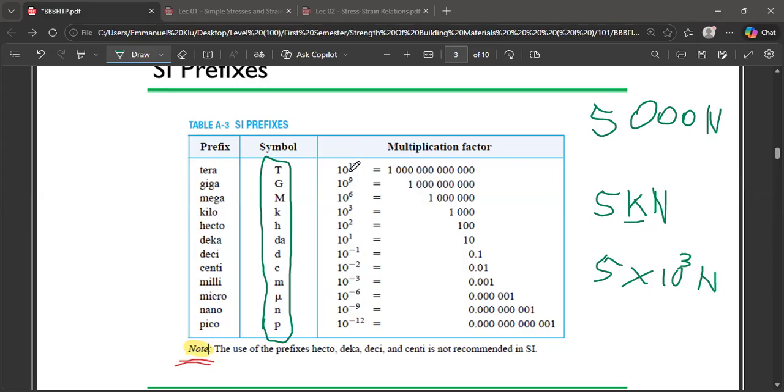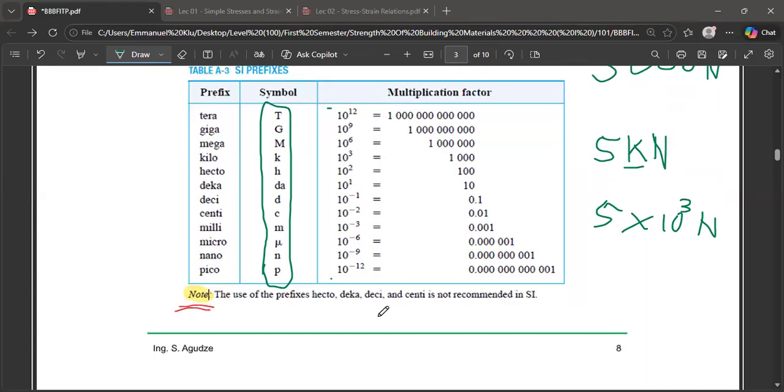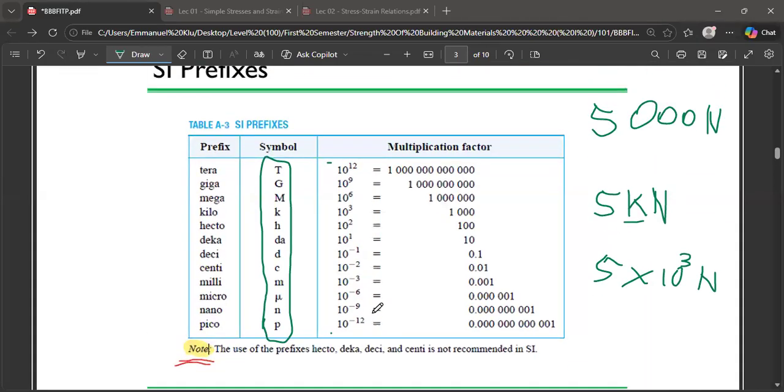Okay. So the T means 10 exponent 12. The G is 10 exponent 9. It continues like that. What can you notice? When you start from top to down, you realize that the exponents are decreasing by 3. But if you start from down to top, it is increasing by 3. So this over here we have just spoken about. I want to pick 1 or 2 questions from you. If you don't have any question, we proceed. Please, does anyone have any question before we proceed?